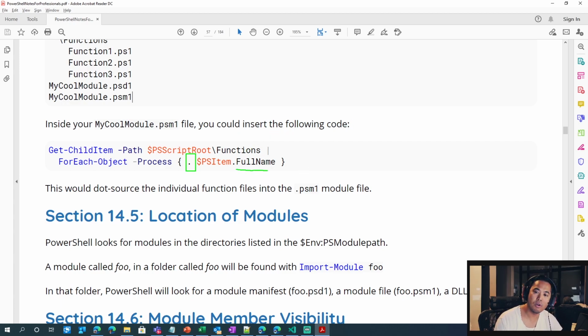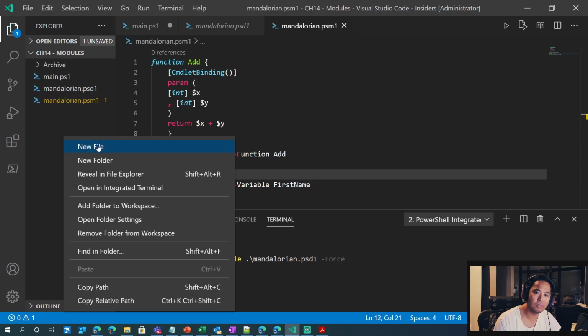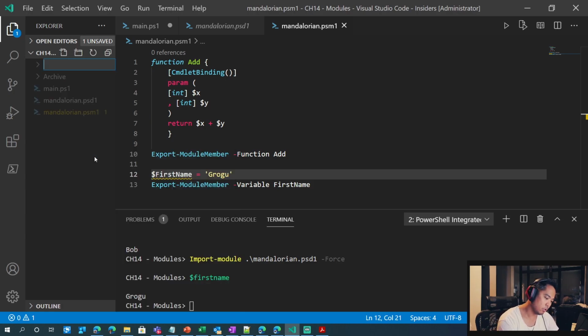FullName references the path. Okay? Does that make sense? So let's make that folder real quick. Let's make a folder, and we'll call this functions. And we'll make a new file called